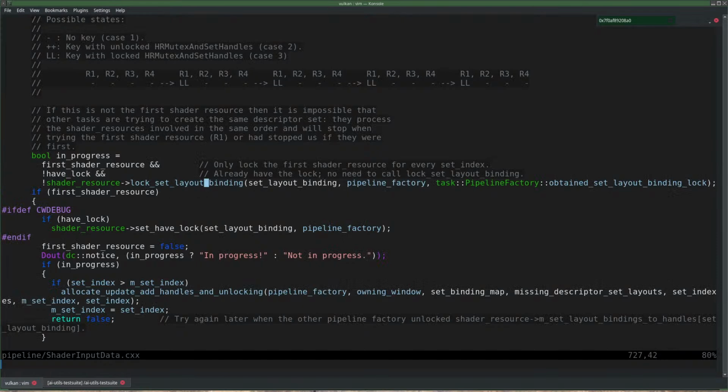This function is being called with this key on this shader resource. That better be the same shader resource later on. Must be. It's the first shader resource for